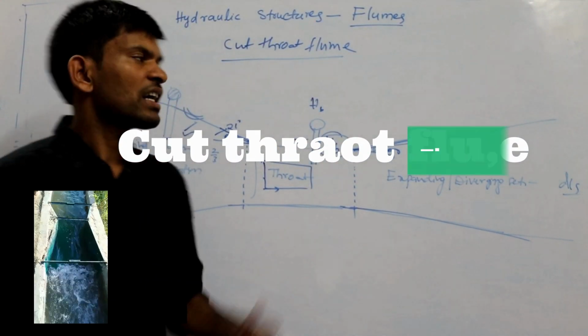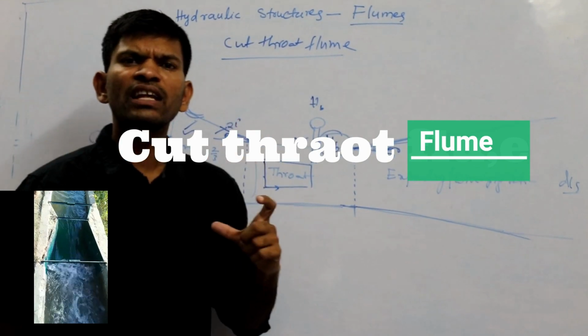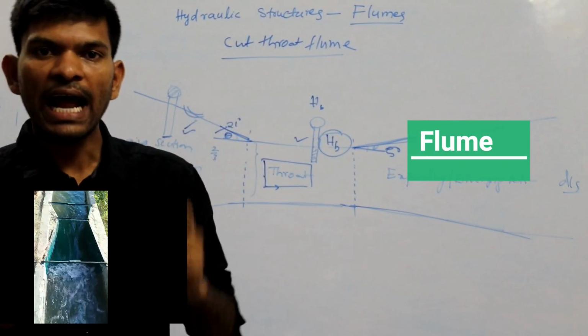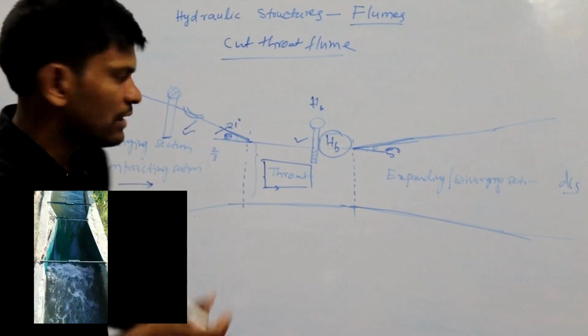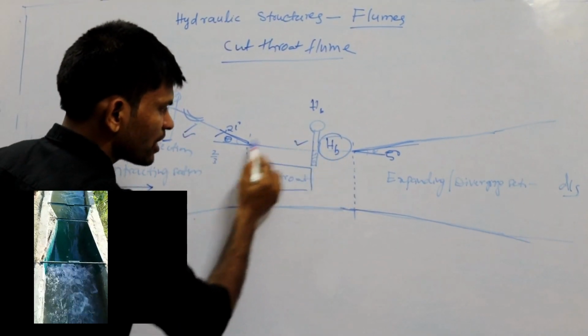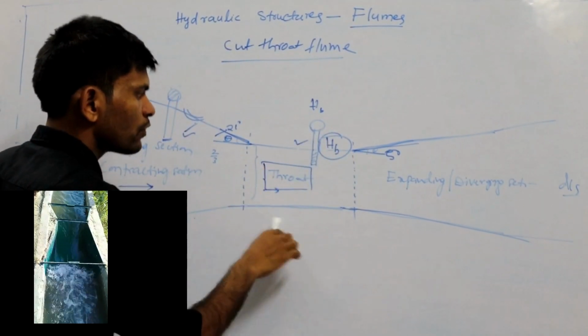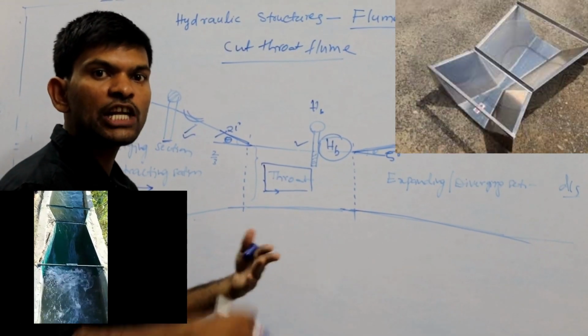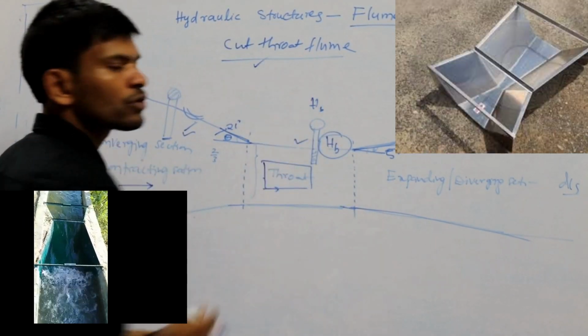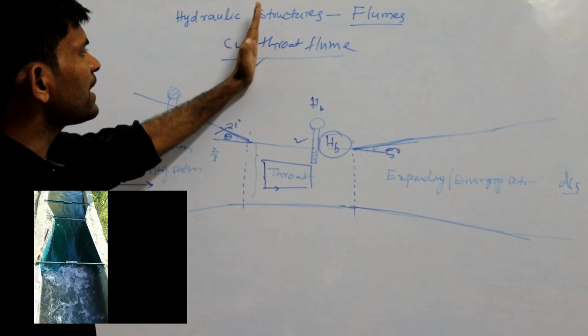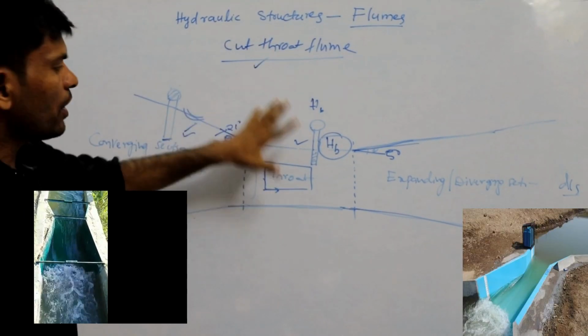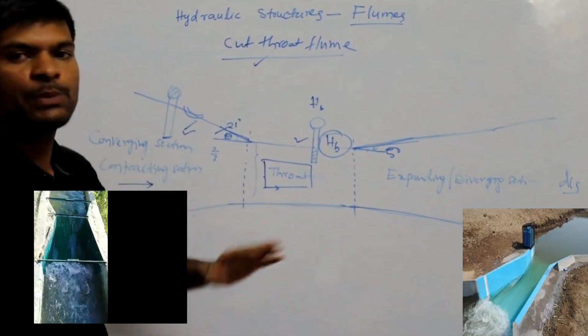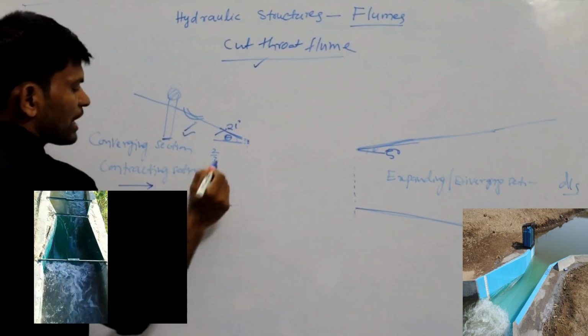Cutthroat flume. The cutthroat flume is similar to your partial flume, except that in the partial flume, here the throat has been removed. It will become your cutthroat flume. Now the throat portion has been removed, in the converging section or diverging section means